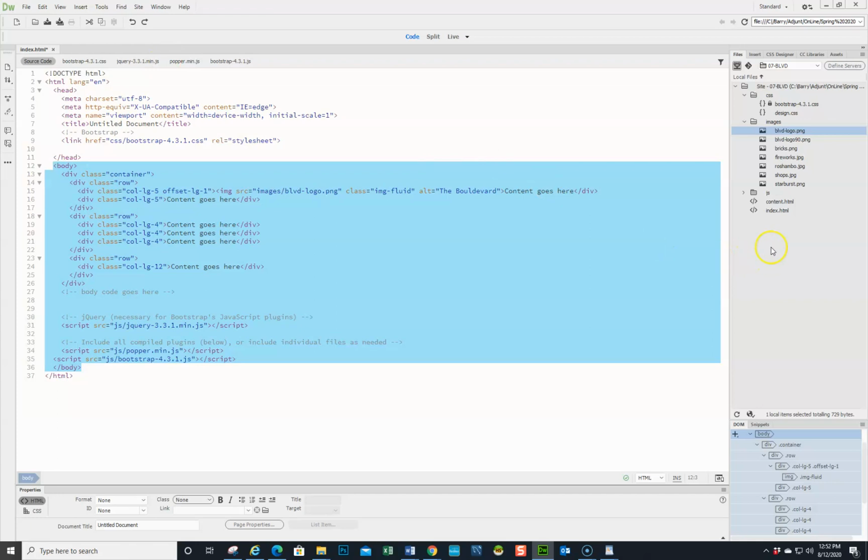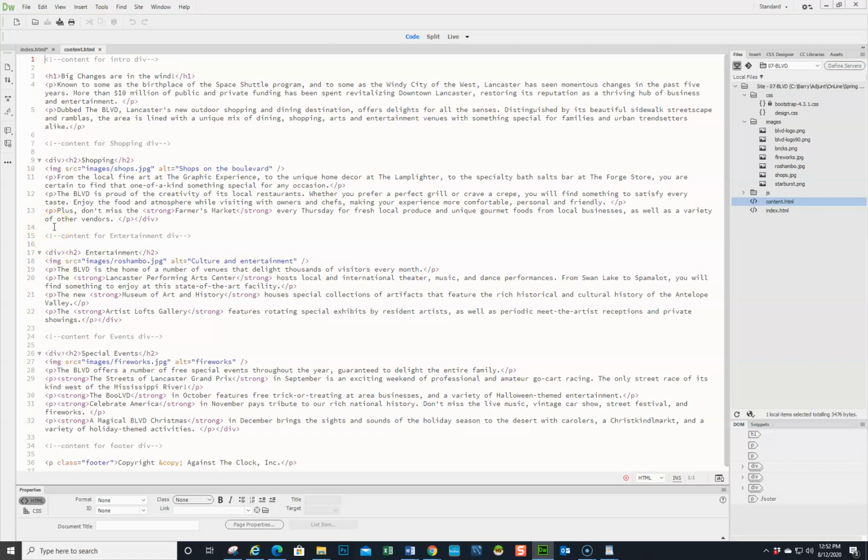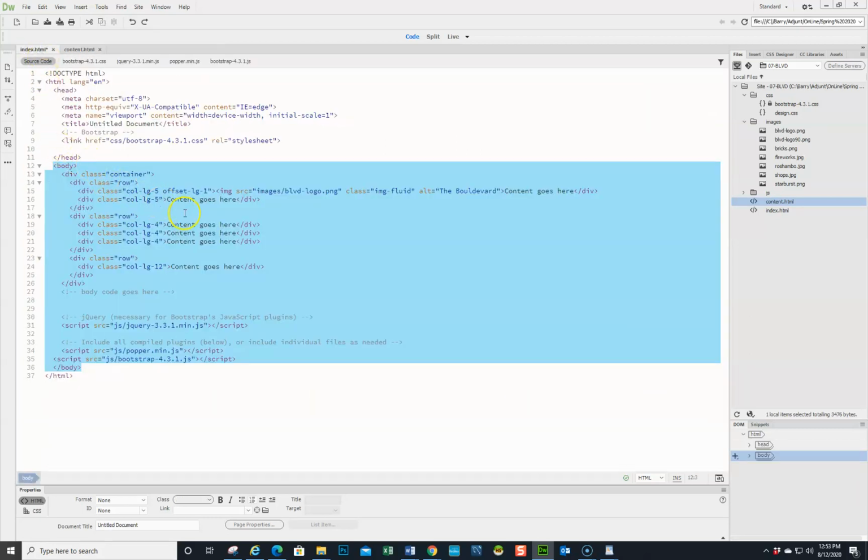So let's open up the content file. And it wants us to, let's see, we are in here. We want to move the index active in there, and we want to place an insertion point between the opening and closing div tags of the first and second column of the first row. So let's go back to here, and